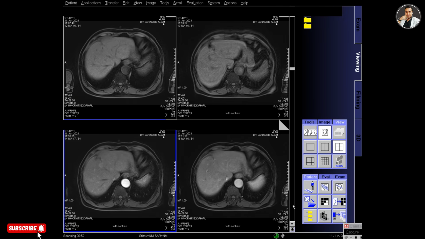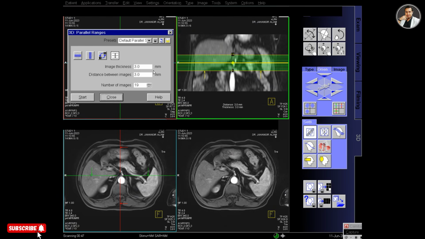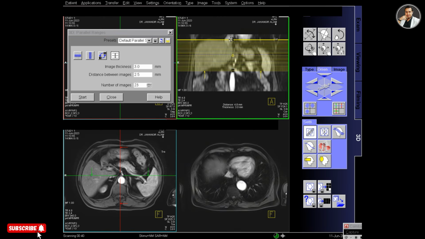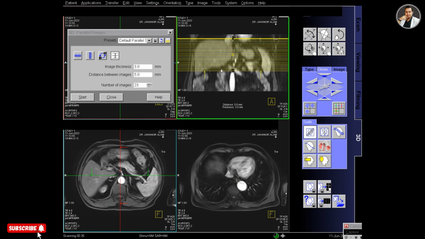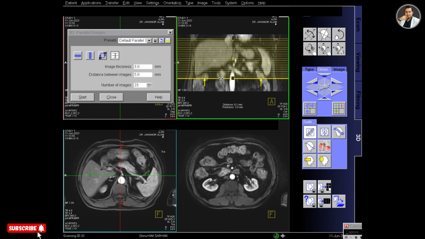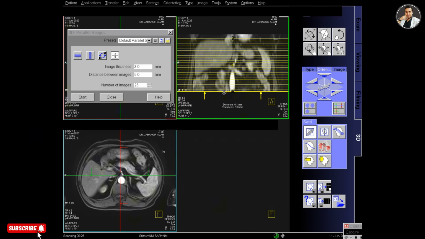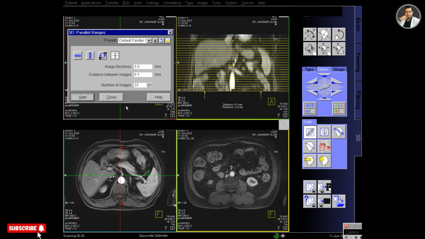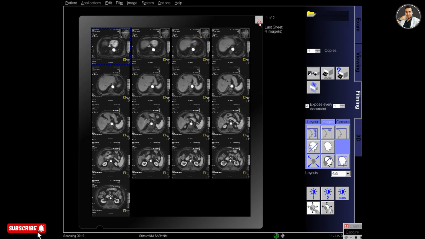Now select the arterial phase first and take it to the 3D, and in 3D make axial images, planning on the coronal. I will make 23 arterial phase images, click start and send it to the filming, and also the reference image.